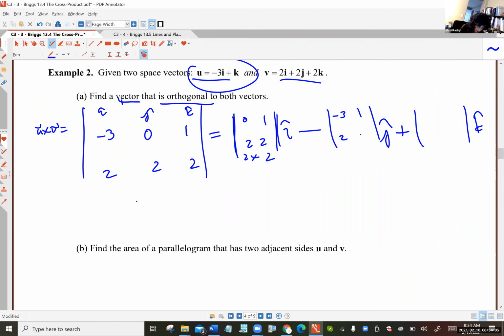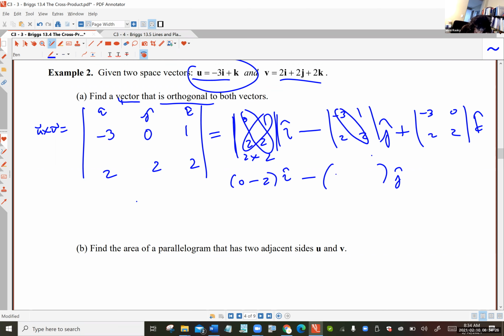Similarly for the j and for the k, and then you do the little process of finding a 2x2 determinant of a matrix. So you multiply along the major diagonal minus the product of the elements along the minor diagonal. It's important that you do that right, because sometimes I see people do a plus and then all hell breaks loose. So here I've got negative 3 times 2 is negative 6 minus 2 times 1,